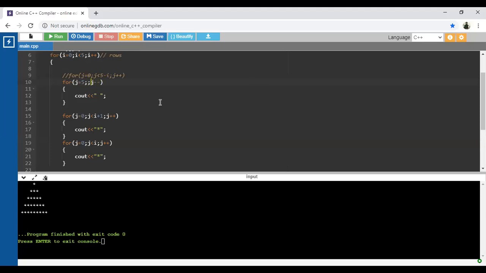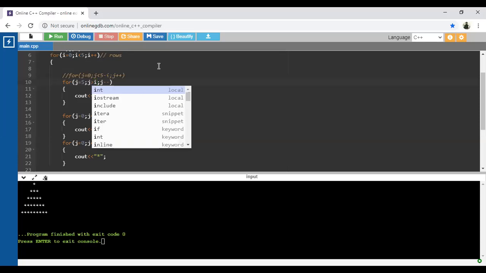I will just mention j is greater than what? Ganesh, j is greater than what will it be? On which basis are we going from 5 with minus? Okay, simple. j is greater than I.